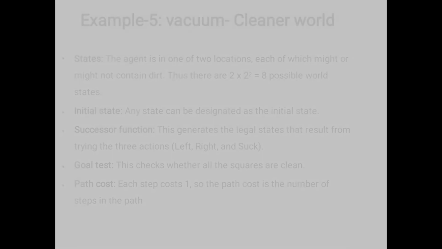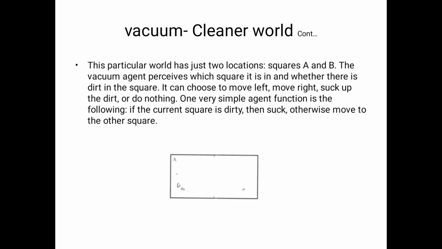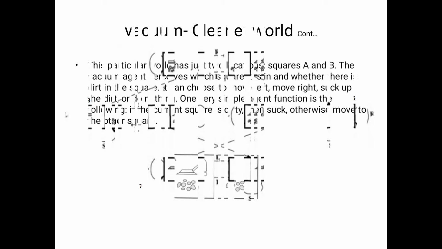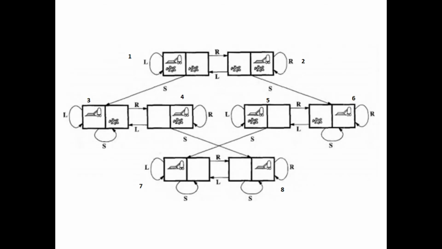Now we will move to the 8 possible states. My dear students, please observe here, these are the 8 possible states. I have already represented them with numbers, please observe. At the top of the image, 2 possible states are available. In the middle, 4 possible states are available. At the bottom, another 2 possibilities are available. So 1, 2, 3, 4, 5, 6, 7, 8. Please observe that. Here we consider 2 rooms, so in each and every state we have 2 square boxes.